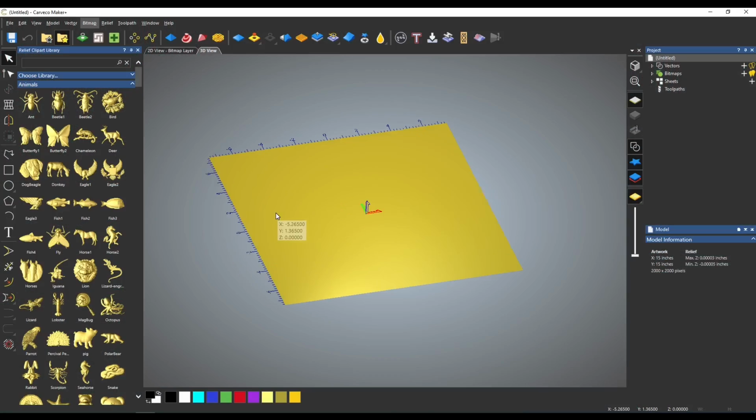So today I want to show you how to add STL files into your Relief Clip Art library in Carveco. Now I am in Carveco Maker Plus, but this method works in the basic Maker version and all of the other tiers. So most of you have probably already seen Layton's video on the official Carveco channel that shows how